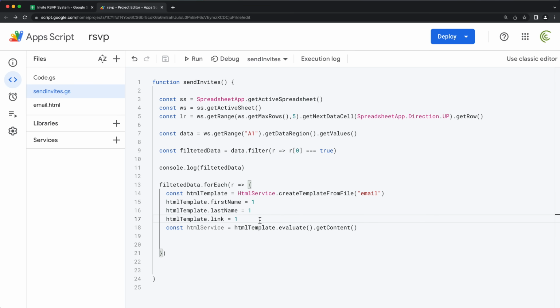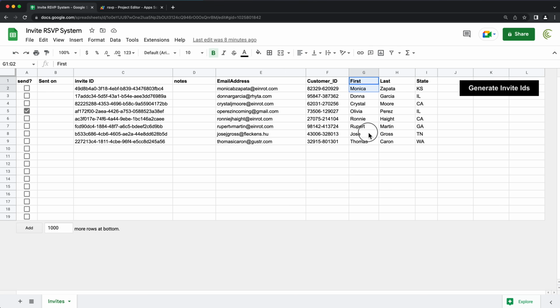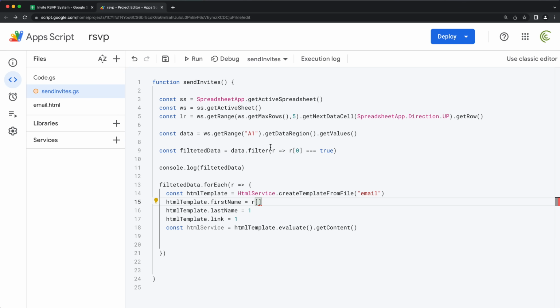Right now, I just have this once, but what we actually want is some information from our data. So we'll take this R variable, which refers to the row. And in that row, we'll say which column we're going to need that information from. So our first name here is starting from here in our data. Everything starts from 0 index. So it's going to start 0, 1, 2, 3, 4, 5, 6. So that would be 6. Now, last name would be